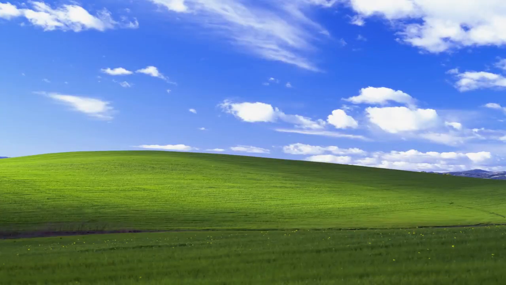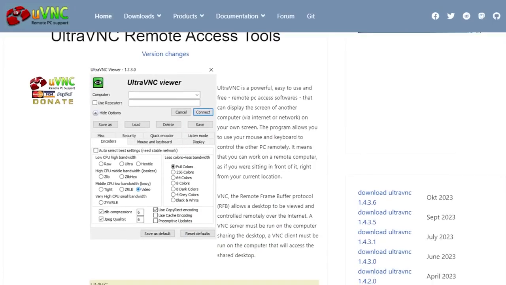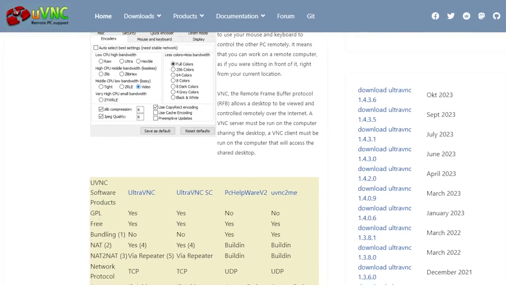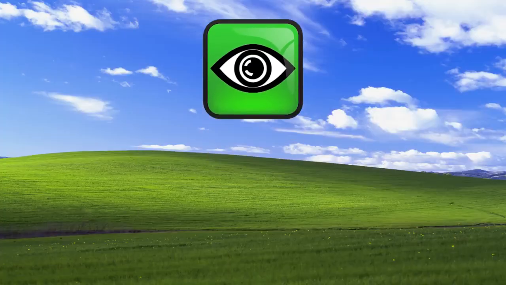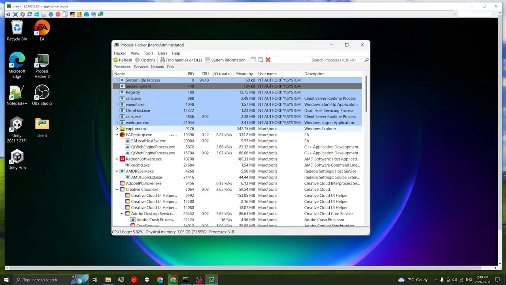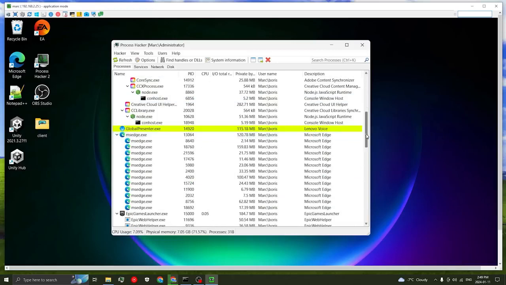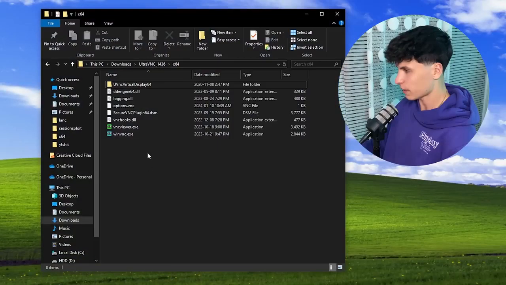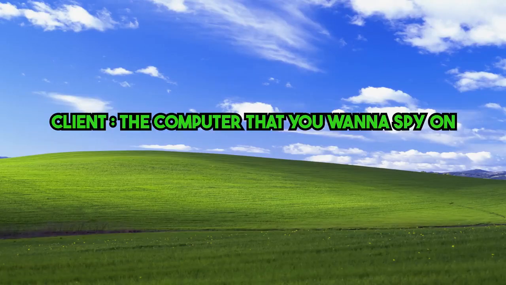Enjoy. We're going to use a tool called UltraVNC, which is software that uses VNC for remote desktop connection. VNC stands for Virtual Network Computing, which is a graphical desktop sharing system to remote control another computer. So here I have VNC pulled up, and now we're going to have to configure the client. In case you didn't know, the client is the computer that you want to connect to, and the server is